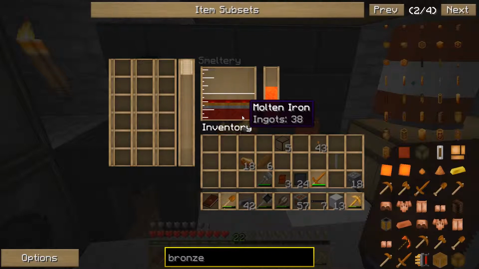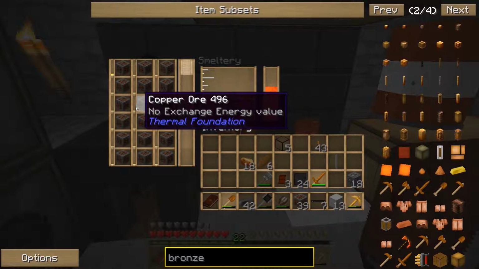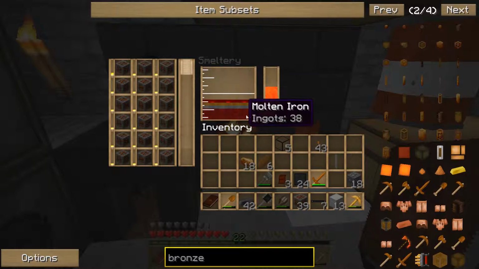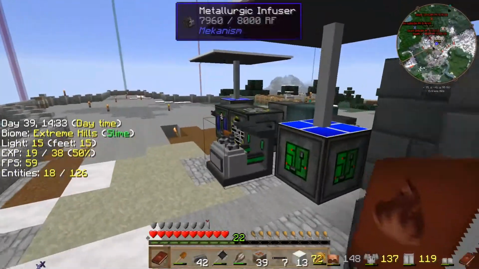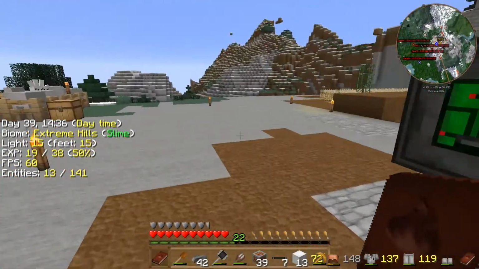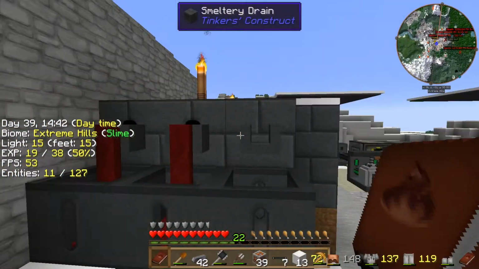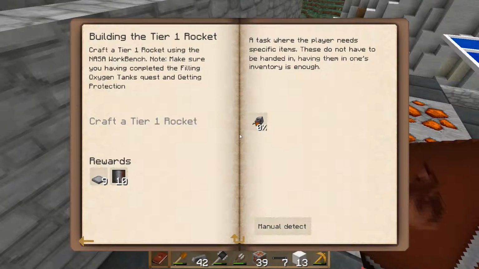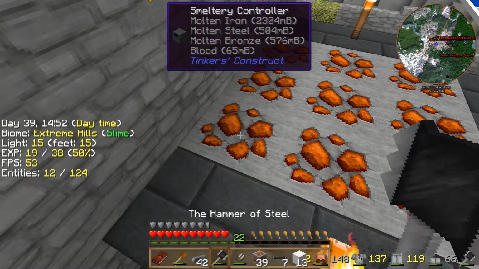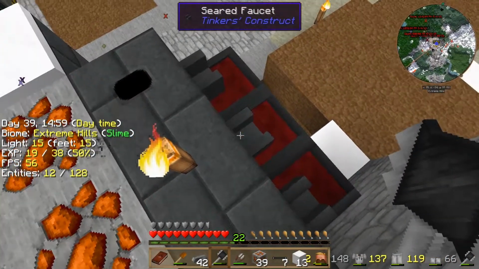right now. We want to pour out all of this iron. So 38, we can get 4 blocks out of that pretty easily. So what we want, a 3-to-1 ratio. Actually, we might want to hurry and get that iron out because it might alloy. Hopefully not alloy. So we can at least take...